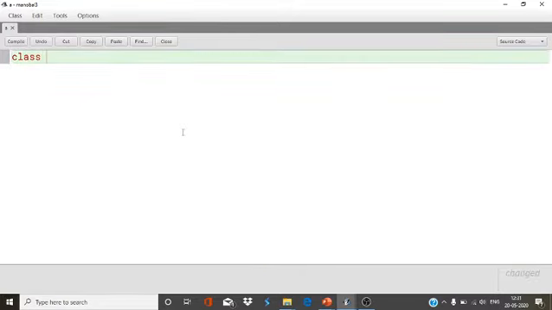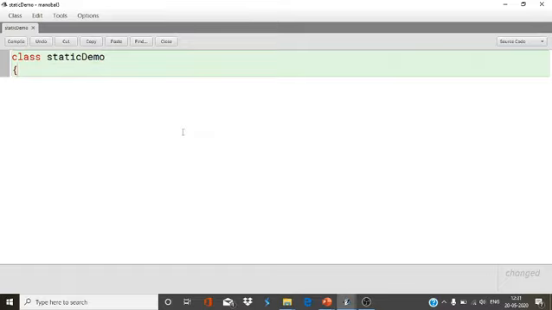Class static demo. In this class, I am going to declare two functions, one a static function and the other a non-static function, so that it will be clear to you.